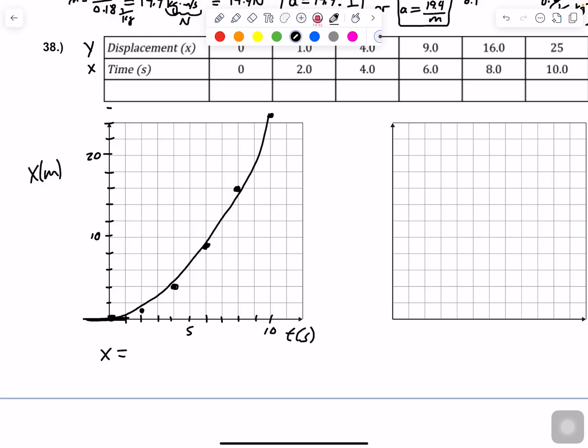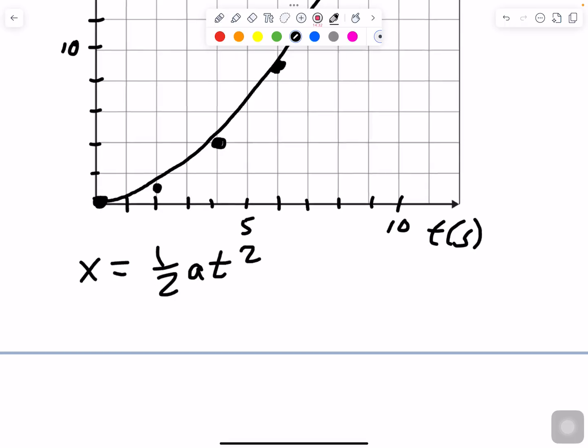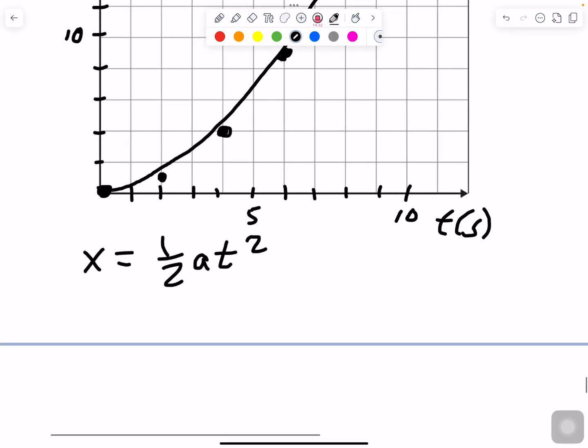And since I'm starting with 0 slope to begin with, I'm starting with no speed. So the equation we can model this with is 1/2 times a times t squared. Where if we match this up to our slope-intercept equation, y equals mx plus b, we get